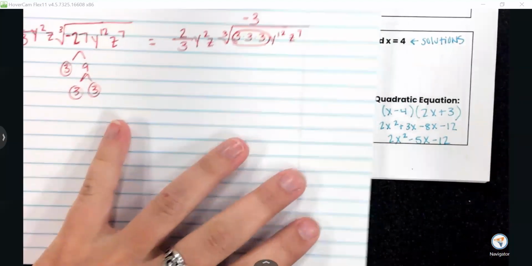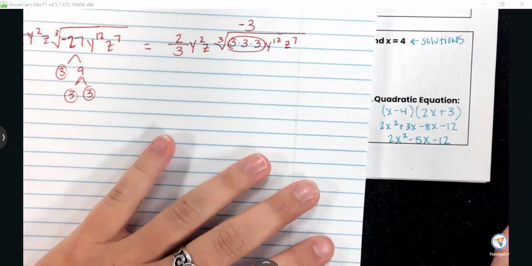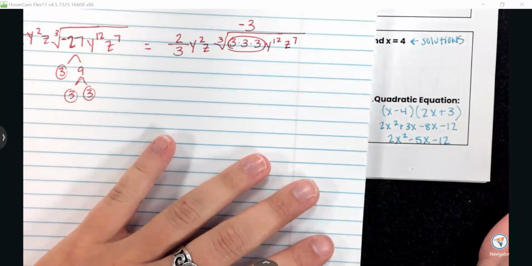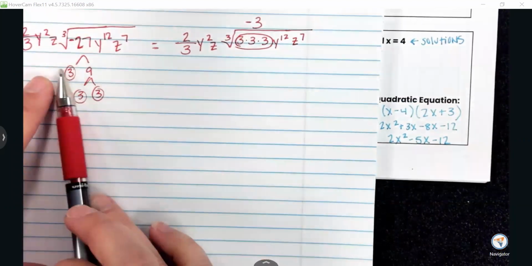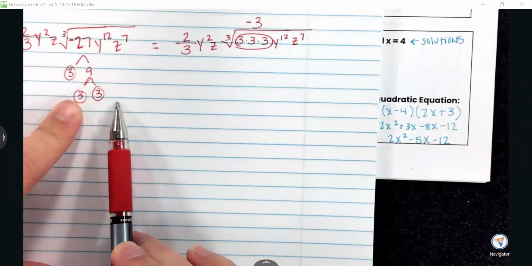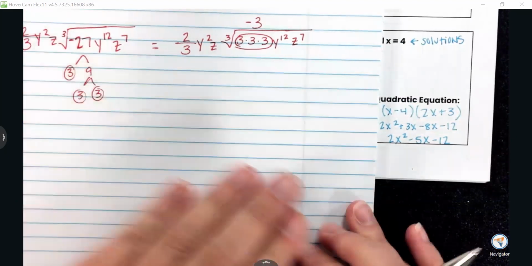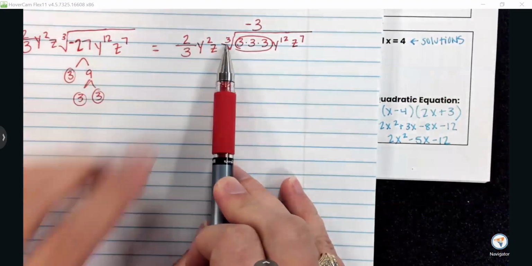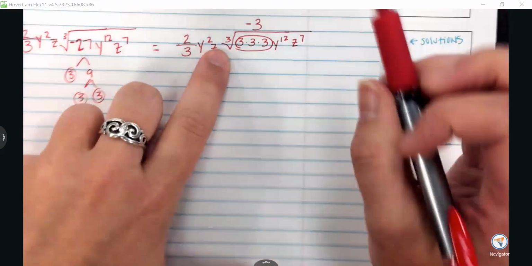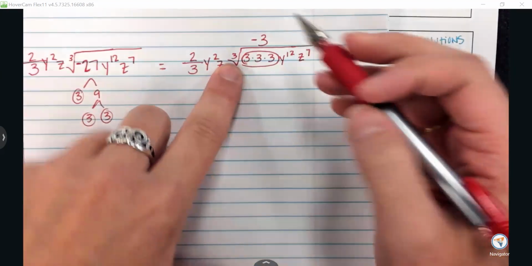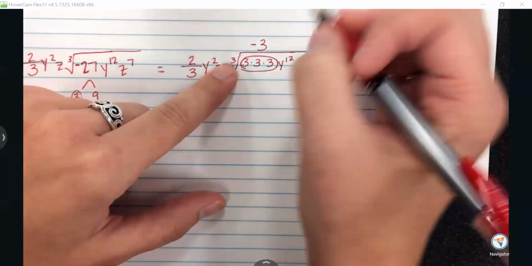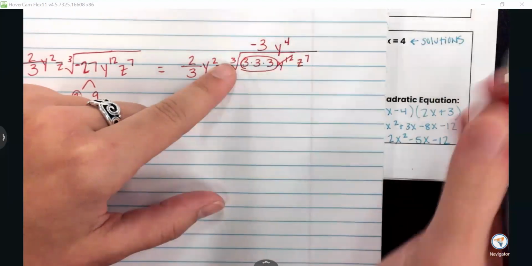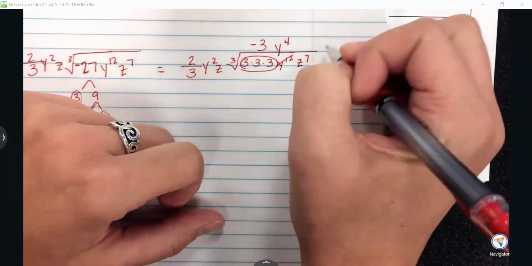So, wait, what is it based on? With the last one, we did the 4 twos. Why is this one only 3? Because when I broke 27 down, I only had 3 of them. So does that mean that we're breaking by that as 3? Yes, it's based on the root. Oh, okay. So it's based on my root. So if I have 12 y's, how many groups of 3 can I take out? So I can take 4 of them out. If I have 7 z's,